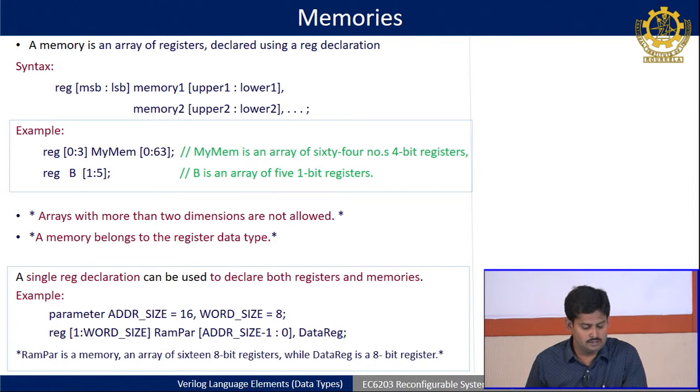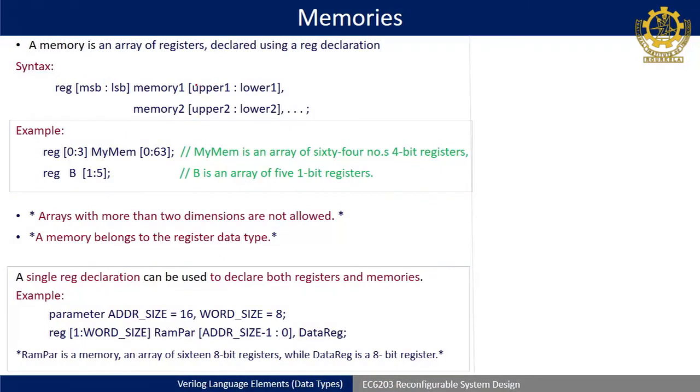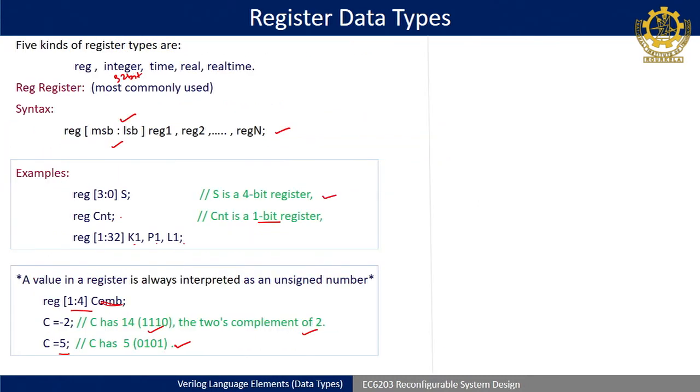This syntax is highly required, because memory is a vital design now in industry. Everywhere the required engineers will work only in memories. So they many times ask for SRAM design, DRAM design. So different memory related designs are required to understand also. Here the only difference is we have to write reg, MSB, LSB, and then memory 1. After that you have to put another upper one and lower one boundary. Similarly in the previous case, I have written reg MSB, LSB, reg 1, reg 2 up to reg n. There is no upper or lower bound.